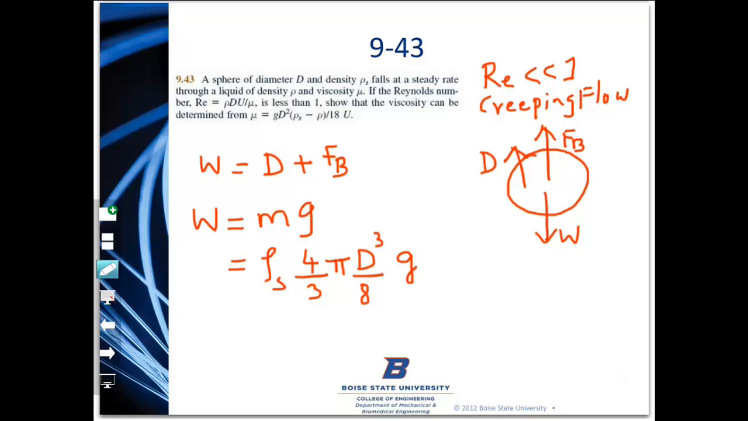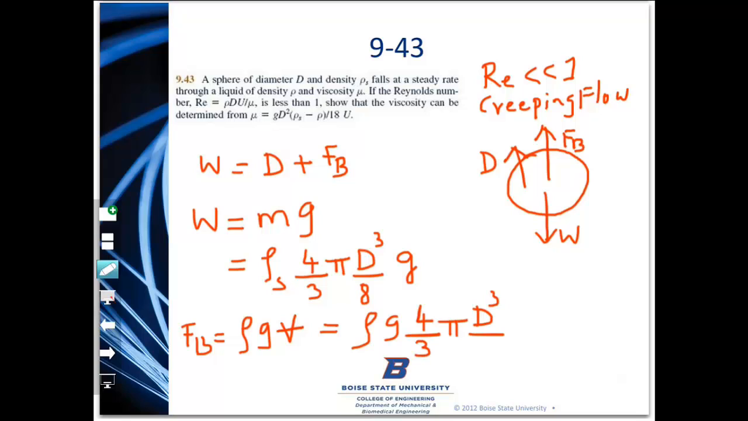Okay, and then similarly the buoyancy force, you learned that it's the density of the fluid times acceleration due to gravity times the volume. So it would be rho g 4/3 pi d cubed over 8. Okay, now we have to determine the drag,